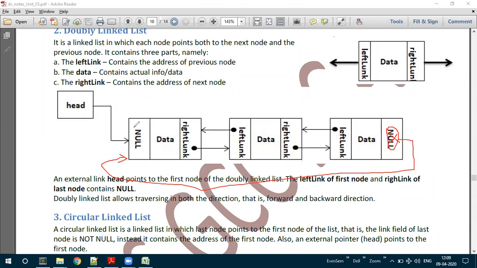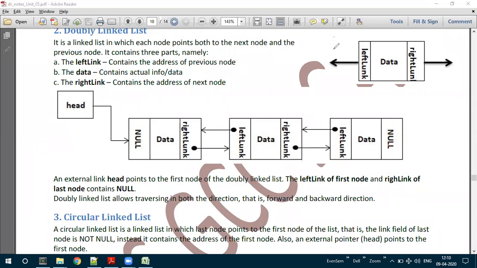And in the first node, the left link is null. Instead of null, we can make it point to the last node. Like this, we can make a doubly linked list look like a circular linked list.